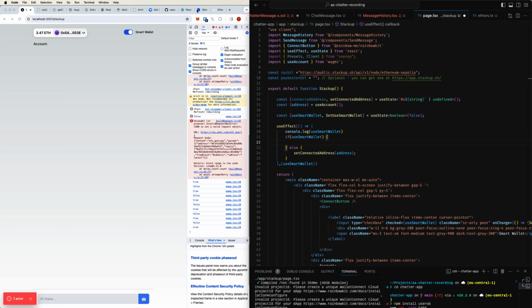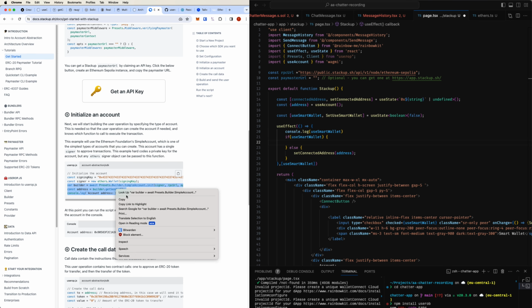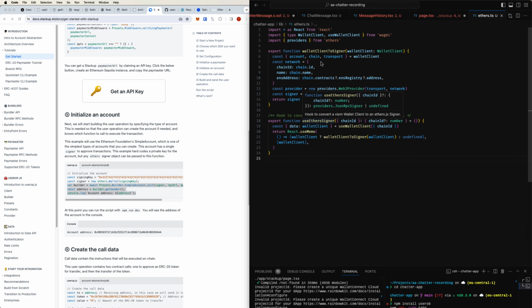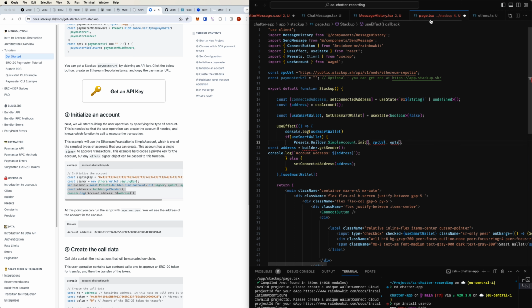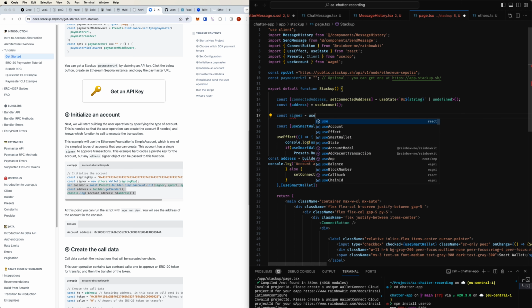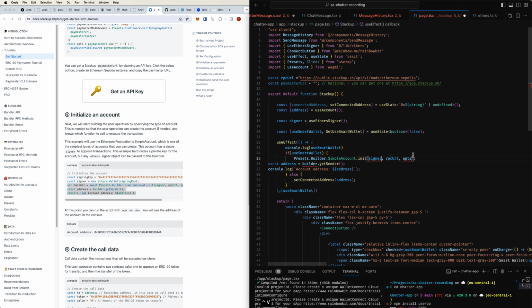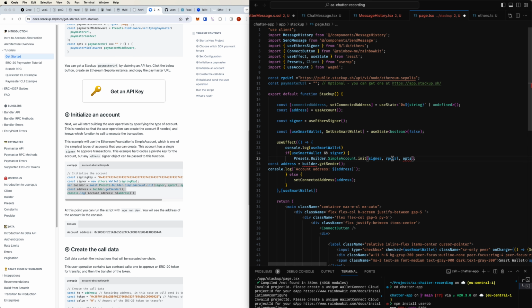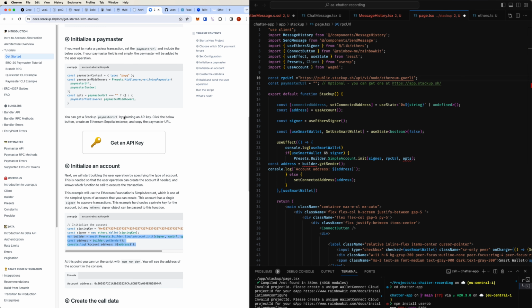Okay. Now in our StackUp example, they actually have more or less copy-pastable code for getting the address that is connected to the on-chain wallet address. And since useEffect cannot do async functions, I'm going to construct here the promise with then. So if I have a signer from the useEthersSigner hook that I created earlier, that I basically just copied over from Wagmi, then I can